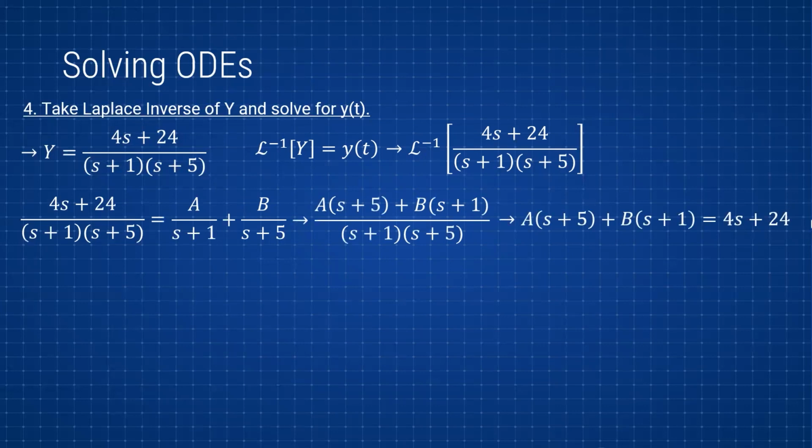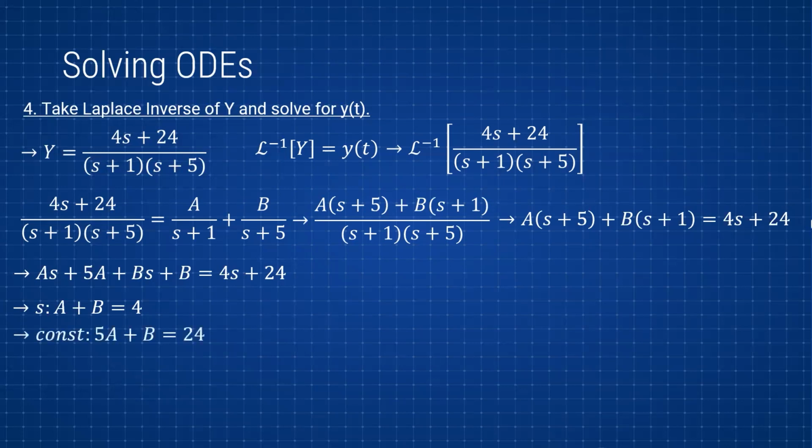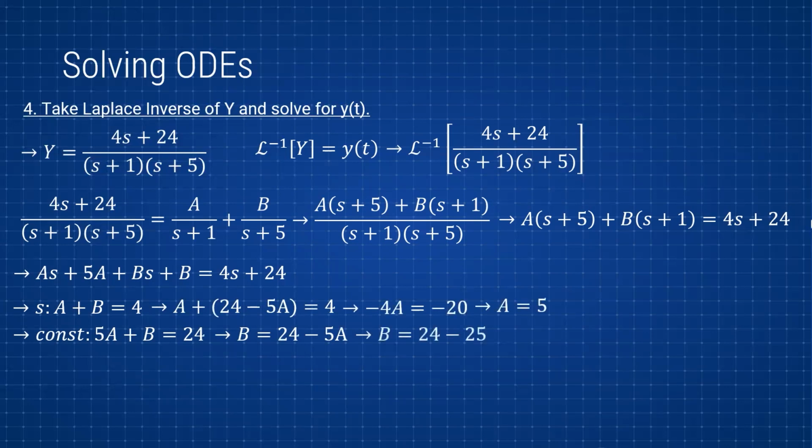So 4s + 24 is equal to A times (s + 5) plus B times (s + 1). I will simply distribute. I get one equation, two unknowns, so I will equate the coefficients. On the terms that have an s, I have A + B = 4. And for the terms that are constants, I have 5A + B = 24. Starting from here, I can rearrange, find B, substitute it back, and I get that A is 5 and B is